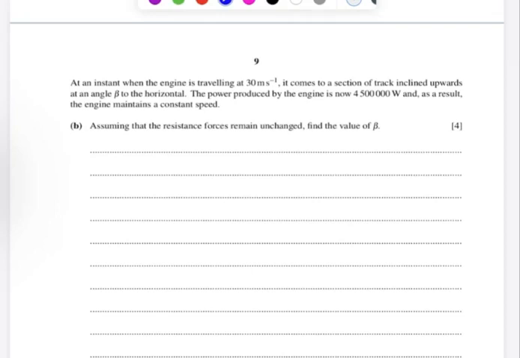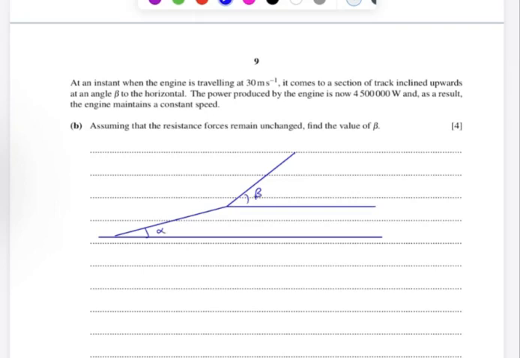Okay, it comes to a section of the track inclined upwards at angle beta. Okay, so we were going at angle alpha, now we're going at angle beta. It doesn't matter. So we were going at alpha, now we're going at beta. It just always goes according to the horizontal. The power produced by the engine is